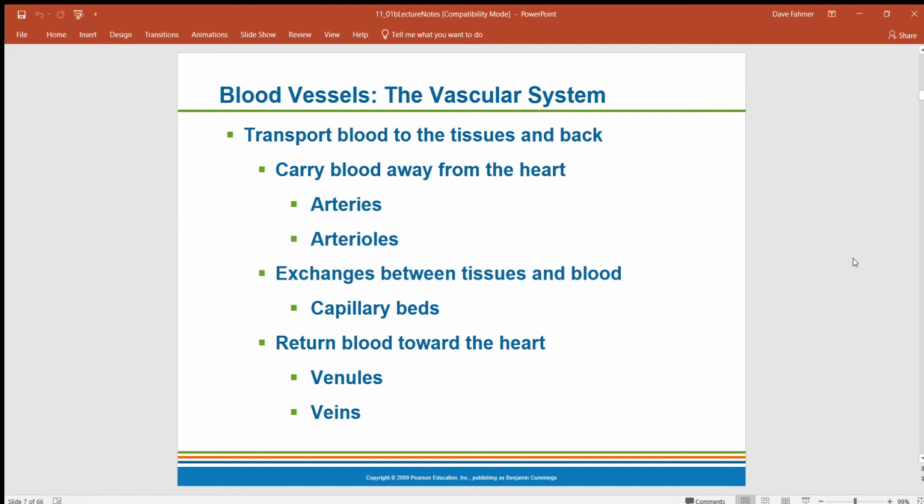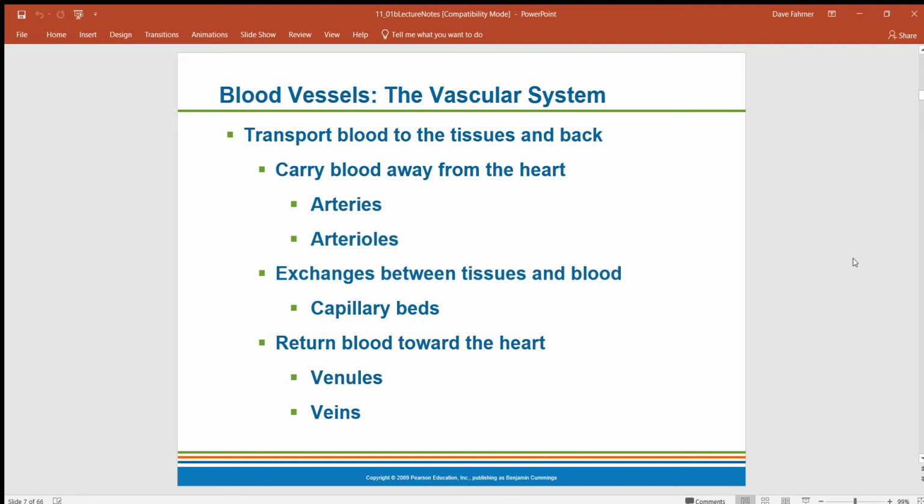Generally, when we look at arteries and veins, we look at the idea that blood carried away from the heart is in an artery. Those arteries branch into smaller and smaller arteries until we get to the smallest artery, which is called the arteriole. This usually leads into the smallest of blood vessels, where there are exchanges between the contents of the blood and the cells in the tissues. These are called the capillaries, or the capillary beds.